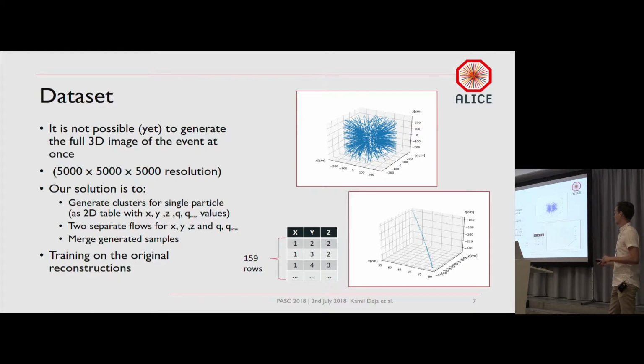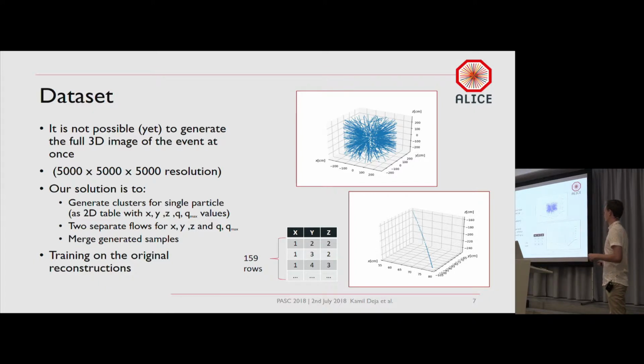So this is definitely not possible. So what we did, we decided that we won't simulate the whole event at the same time, at once. We will try to simulate each particle independently and then merge them together to combine them to the event like this. Thanks to this, and knowing the fact that we can record up to 159 particle clusters, so up to 159 points, we could actually change and don't generate the image like this, the three-dimensional image, but